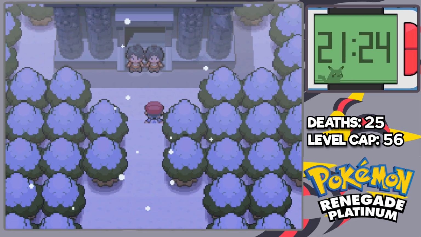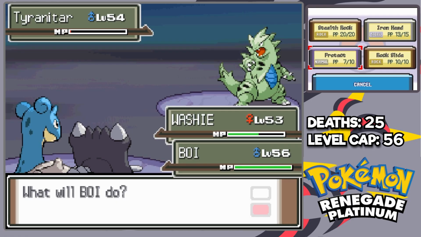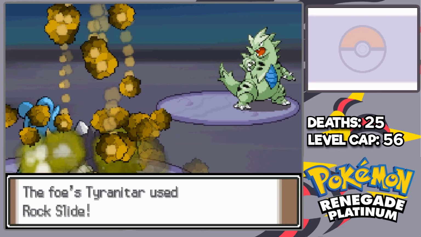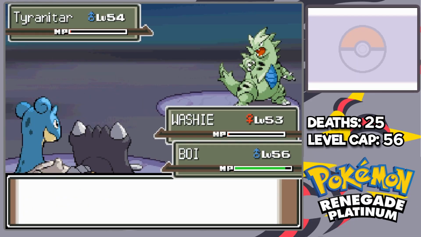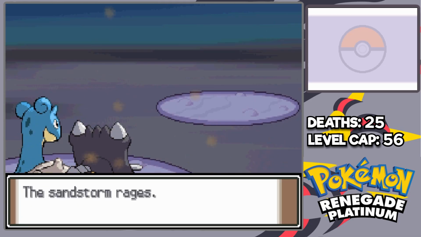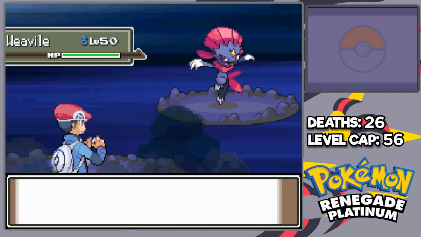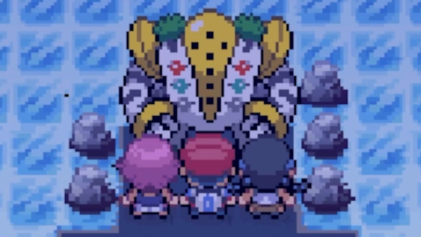On our way to Snow Point City, we encounter DD the Piloswine and Teeth the male Snow Rat. We fight the trainers in front of the Snow Point Temple, and disaster struck. I stupidly kept Washi in on a Tyranitar, and he goes for a Rock Slide, bringing her down to a sliver before she takes him out with an Ice Beam, but the Sandstorm finishes her off. R.I.P. Washi. Inside the temple, we encounter Loki the Weavile and watch as Candice puts the big idiot back to